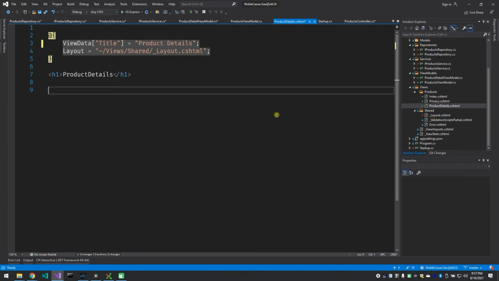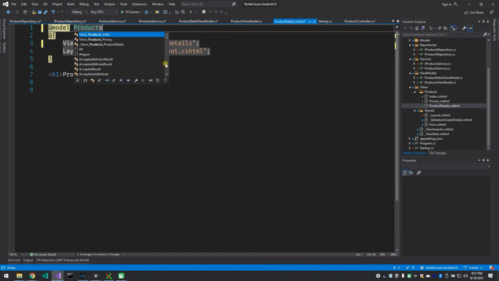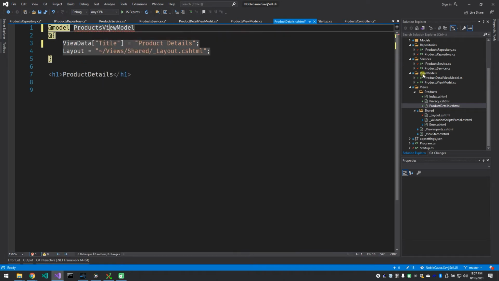So let's go into our view and tell it that, hey, you have a model, and the model is of type products view model. Doing too much Vue.js there. Will it give us IntelliSense? It will not, but we can go into our, because it's a product,